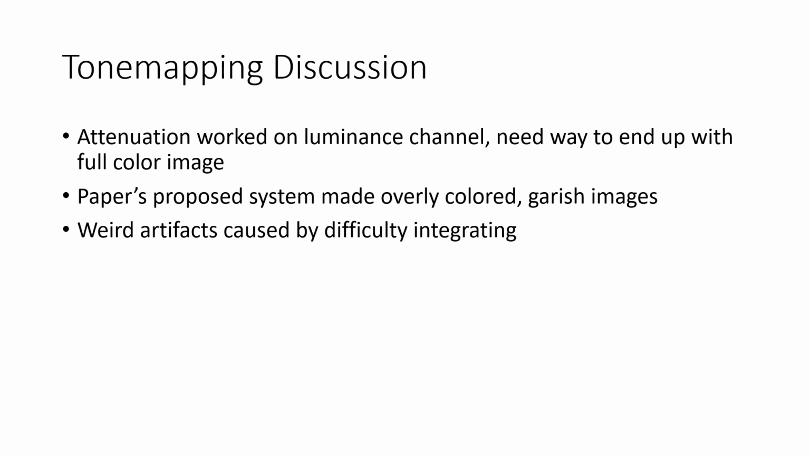Well, the basic problem is that the attenuation was both computed on and applied to the luminance channel of the images. And so we need a way to get from that to the full color images. And the paper proposes a system where you basically apply the luminance of the input and the luminance of the output as a scaling factor on each of the color channels, with a power term to make the colors not totally wash out. Unfortunately, that produces what you saw, which is very garish images with weird colors, no matter what